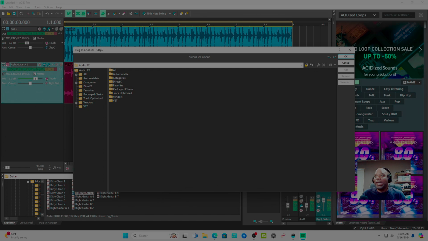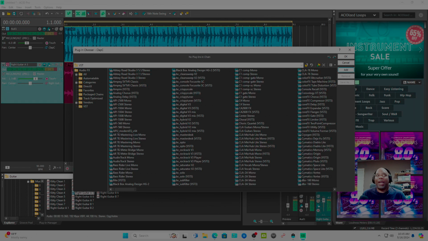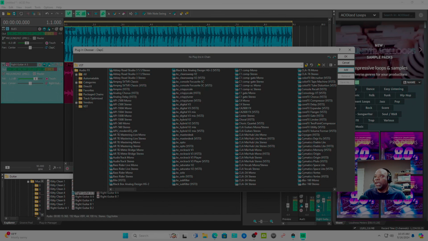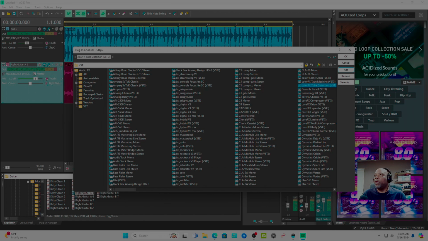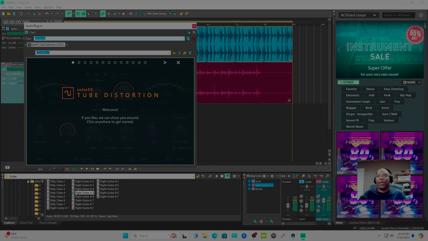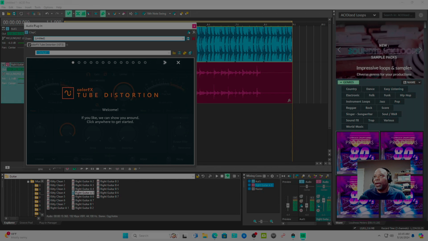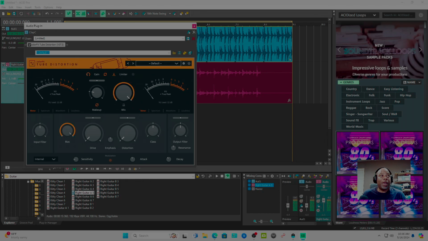So let me see. I'm gonna hit the VST, and then you see all this stuff. Crispy tuner. This is all for the VSTs, things that I have installed on the computer. So we're gonna go to distortion. You probably can't see it because my mouse is out right now. Color tube distortion, right? I'm gonna click OK, right? This is gonna open up. Color FX tube distortion. Welcome. We could show you around. I'm gonna click one of these. It just shows you what to do, right? I'm gonna close this X, right?